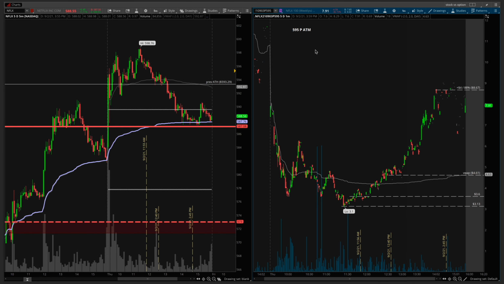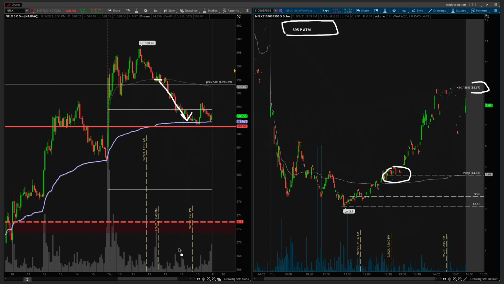What we have is the 595 at the money put that expires tomorrow. And at the time in which I entered the trade is when Netflix was at VWAP in this area here. So an average fill at that point, you pretty much would have been about $4.61. And as you can see, by the time we hit the profit target, it was going for $8, and we'll say $8.50, and a little bit of a $4 gain,